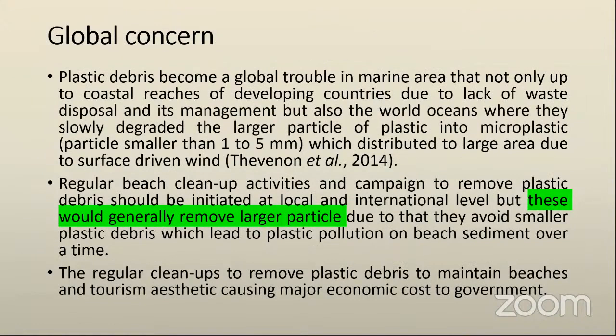According to Sharma, the global concern about plastic debris is because it reaches the coastal regions of developing countries due to lack of waste disposal and management, and also the world ocean, where larger plastic particles slowly degrade into microplastic. We do regular beach cleanup campaigns at national and international levels to remove these particles, but these neglect the small particles buried under the sediments. Regular cleanup to remove plastic debris and maintain beach and tourism aesthetics causes a major economic cost